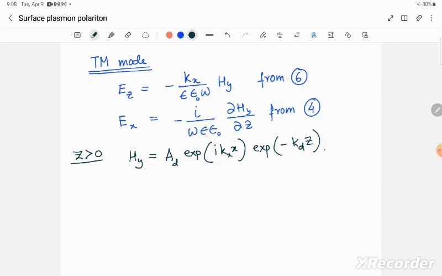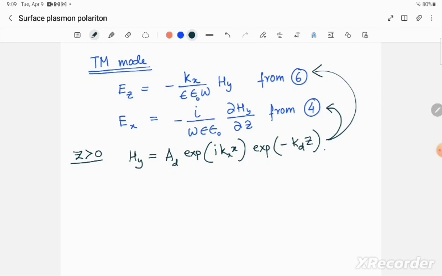Okay, the temporal part is not here because we are only considering the spatial part. The temporal part, if you add it, will be exponential minus i omega t. So right now we are only dealing with the spatial part, and if you now plug this into these two relations, we will get the expressions for